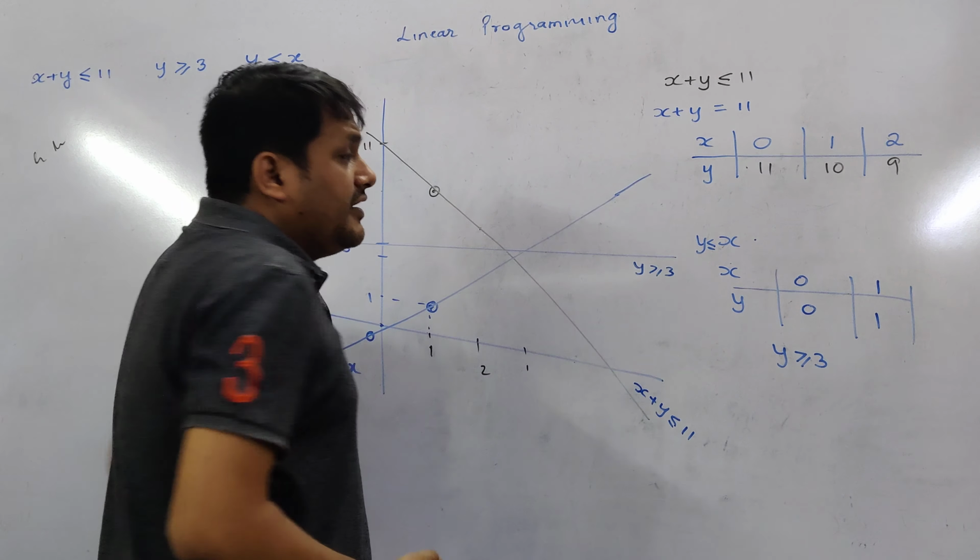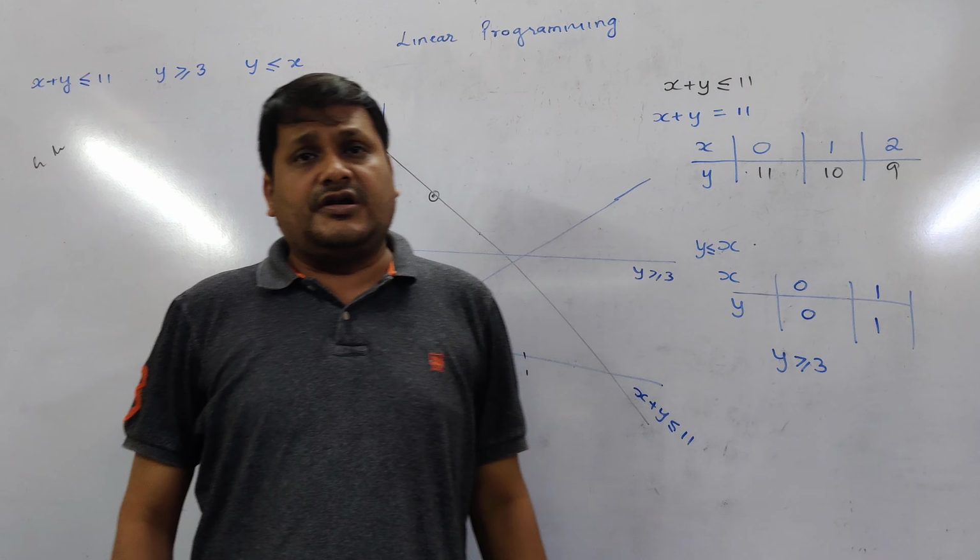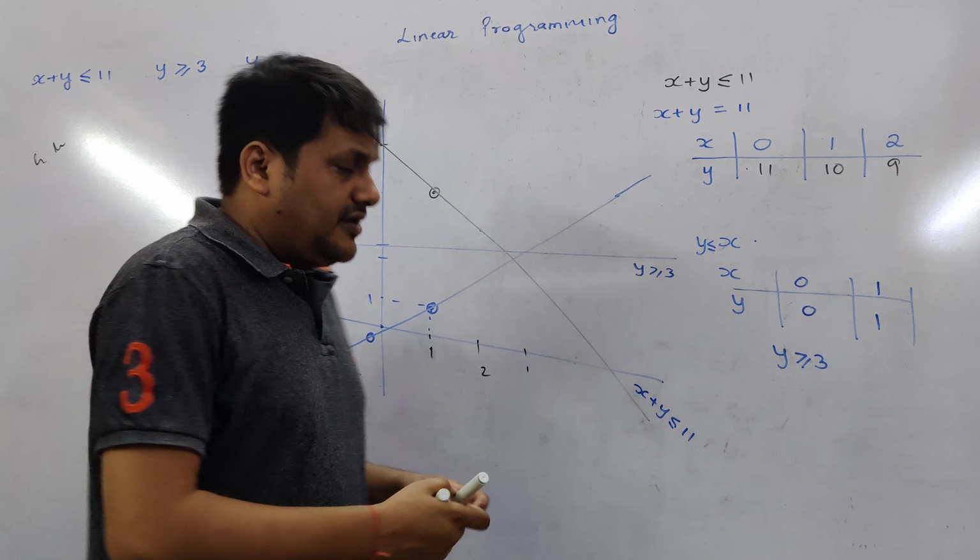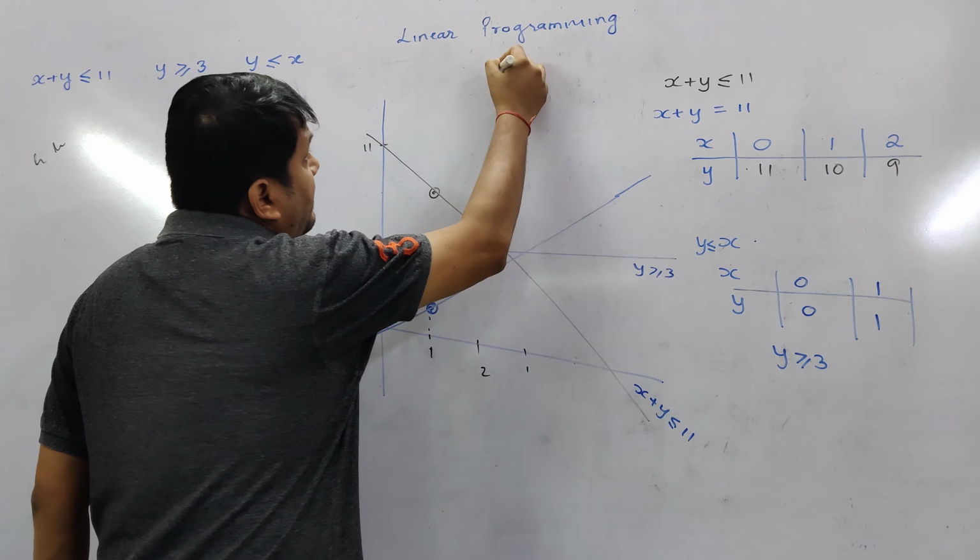Now the question is to find the wanted region or find the unwanted region. You have to shade the wanted or unwanted region. You will have to see in your paper whether they have asked for the wanted region to be plotted or the unwanted region to be plotted. So we take the unwanted region to be plotted. Unwanted region, we have to shade it. We will shade the unwanted region in our problem.